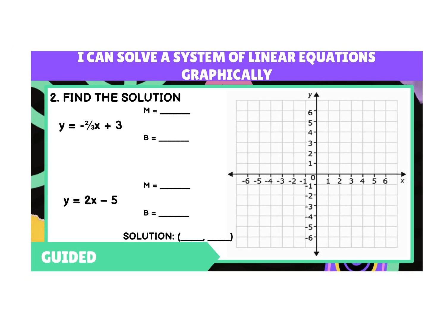All right, question number 2, same thing. We're going to start with our first line. The slope is -2 over 3, and the y-intercept is +3. So we know we're going to start at +3, but because it's negative, we're going down and to the right. So down 2 over 3,